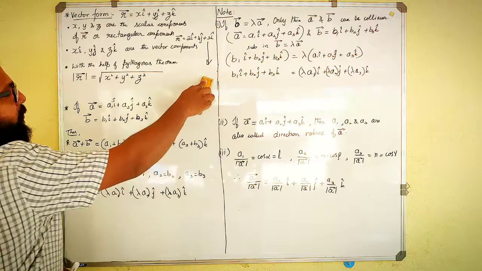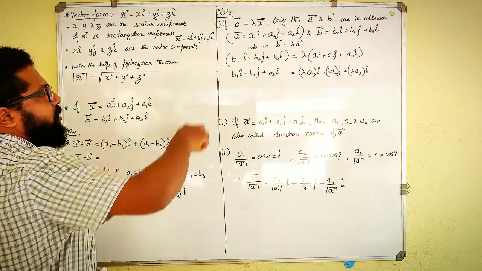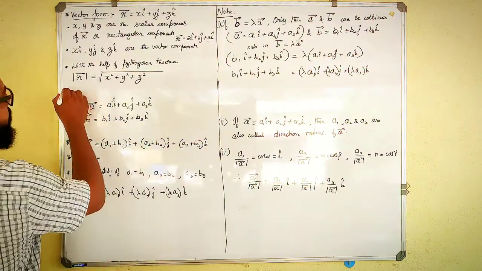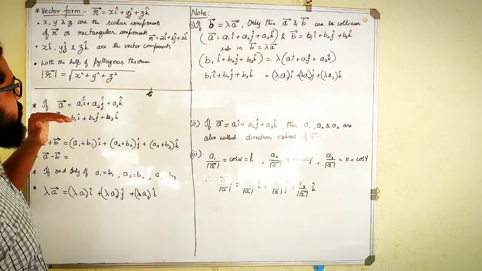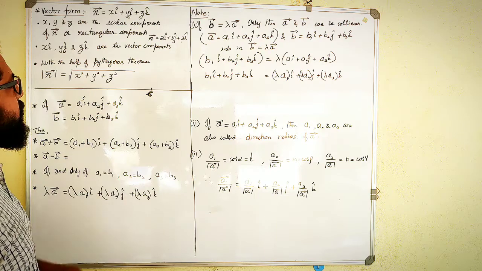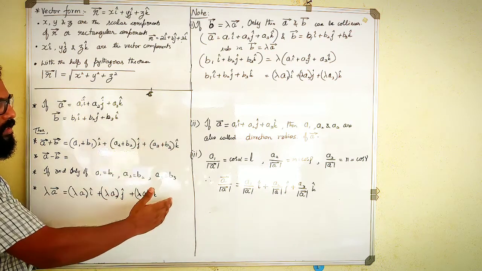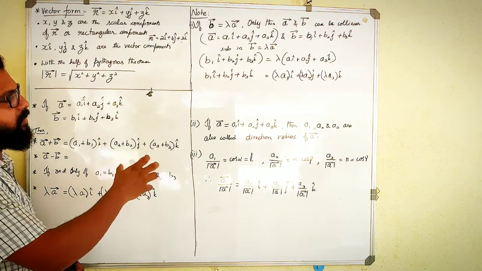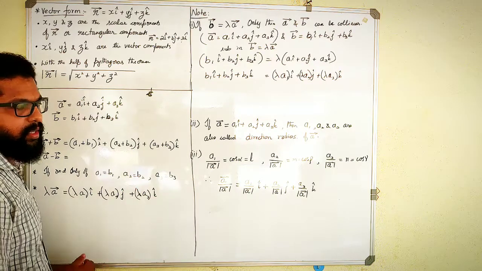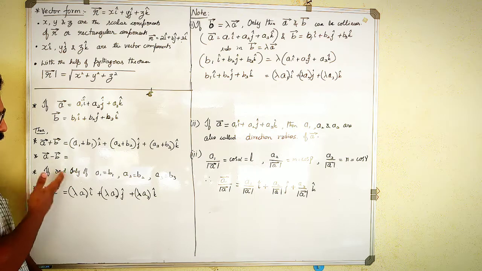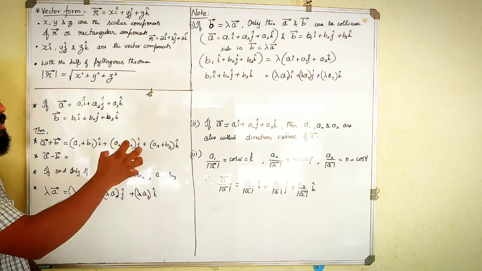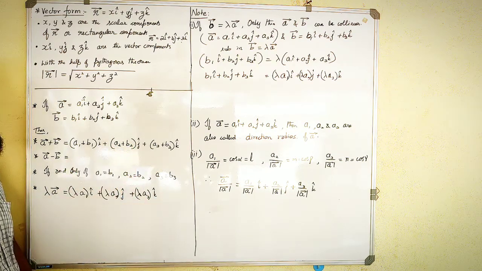Right. The next topic is about a few more types of calculations which will be helpful for you. This portion you can take as a note itself, or this is the starting part of the calculation of vectors. Something related to addition, then subtraction, then multiplication. So these are the basic algebraic calculations which you can do with the vectors.